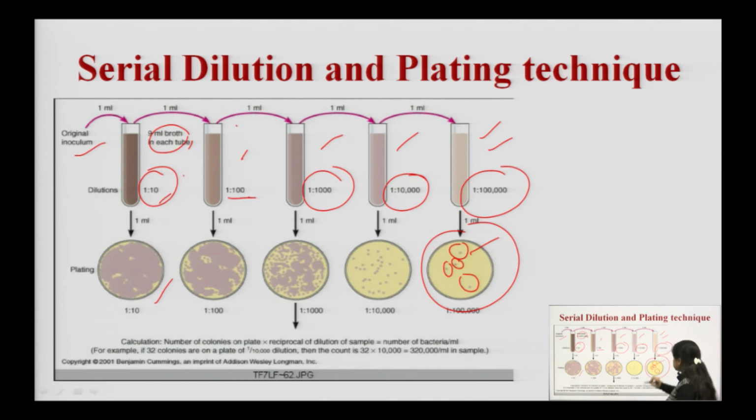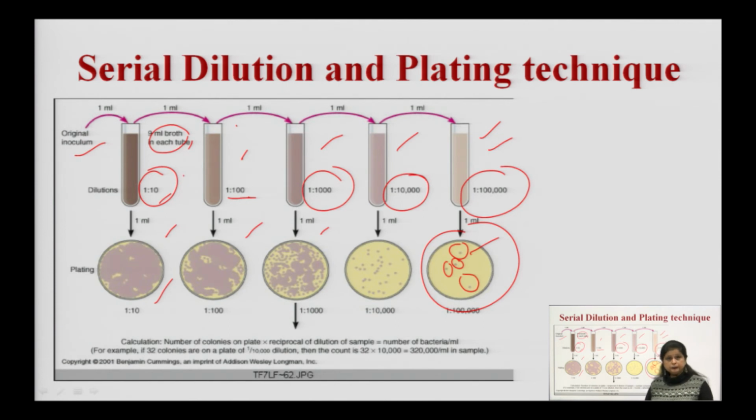Dilution reduces the number of bacteria, and in the Petri plate we can easily count the colonies which are generated. In this Petri plate you can see 4 bacteria are there, and in this Petri plate there are many more bacteria, in this even higher, and in this we have a highly concentrated sample, and we won't be able to count the bacteria in these 3 Petri plates. But in the last 2 we can easily count the number of colonies within the Petri plate.